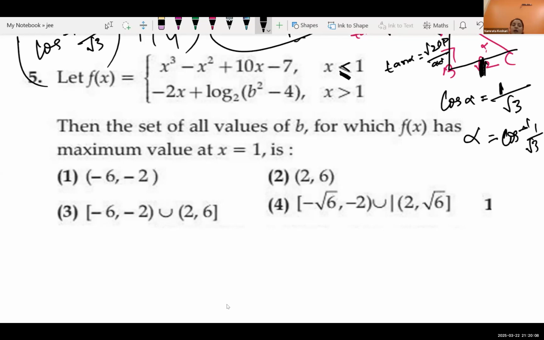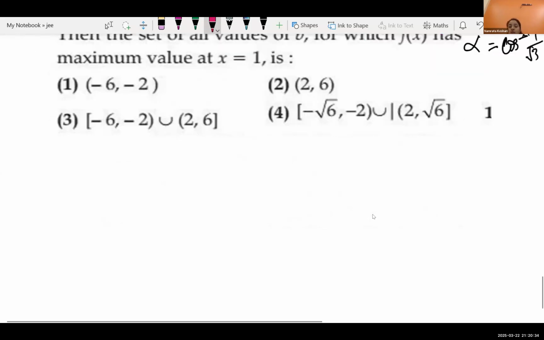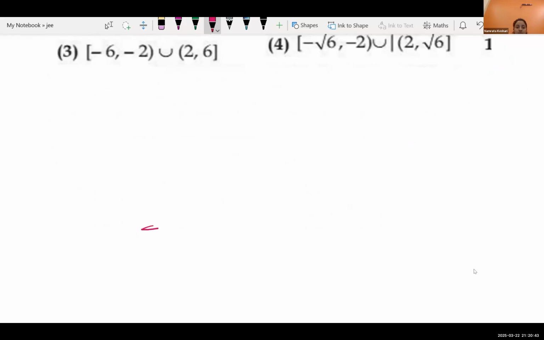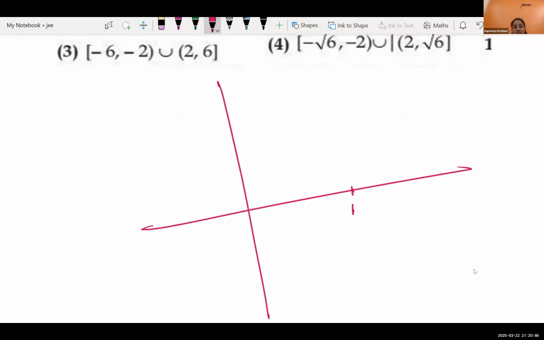Okay, so for checking the maximum value, first we need to find the critical point, right? Then maybe the first derivative test or second derivative test will help us, right? But here the function is a piecewise defined function. How to deal with this type of function? So if f of x has a maximum at x equals 1,